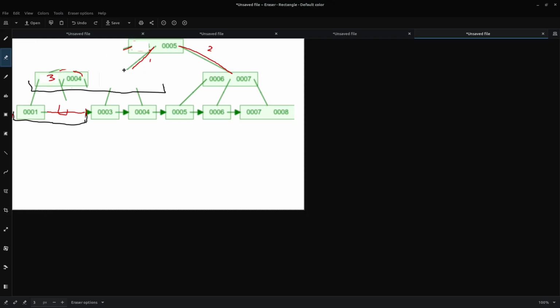So obviously this child pointer is going to disappear because there's no longer a key here. And this parent node is only going to contain 5. It's only going to contain 5. And this pointer here, that's still a parent of this new combined node. And this pointer still exists. Now we're going to have this pointer pointing here. And finally, we're going to have this pointer pointing to 4 right here. And this completes our